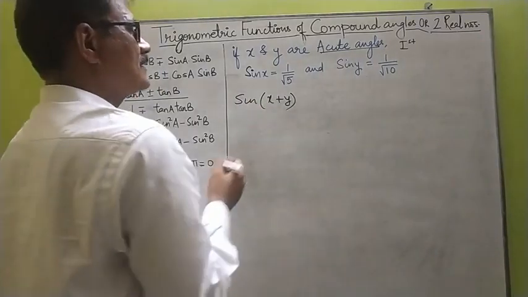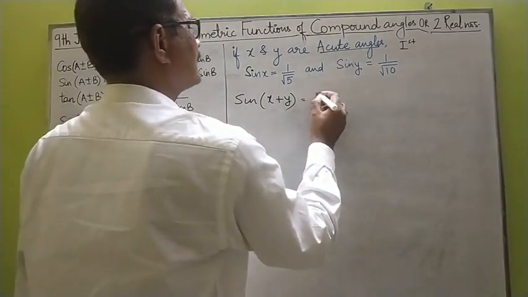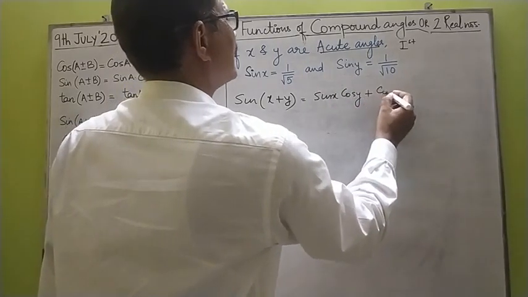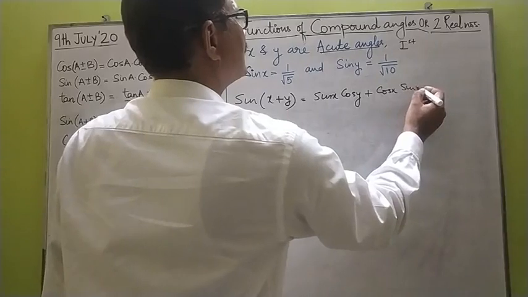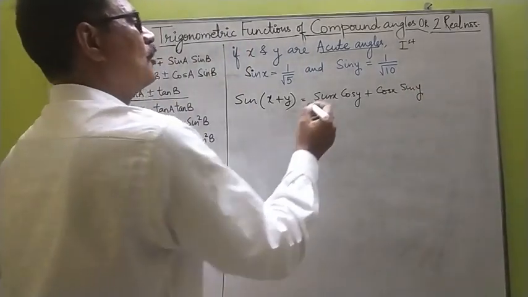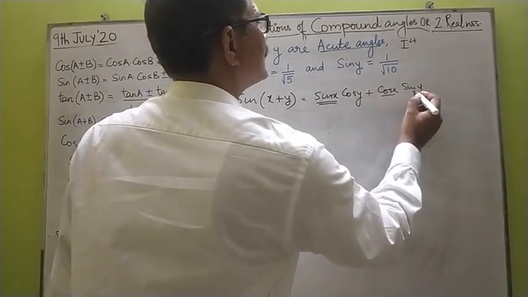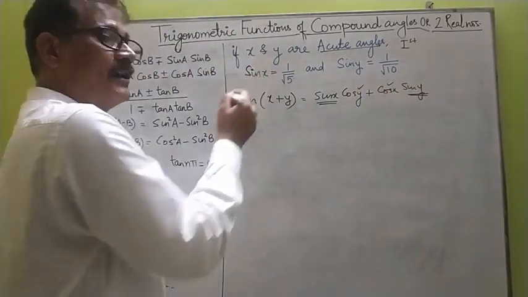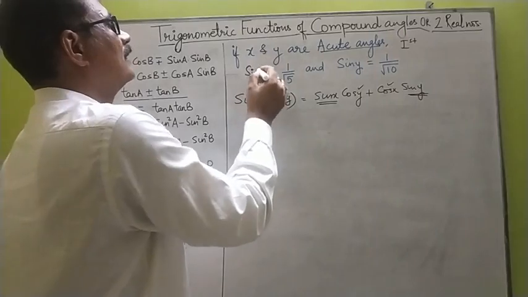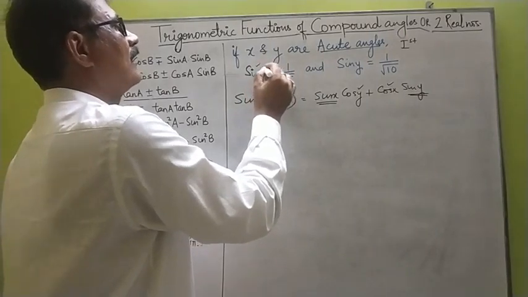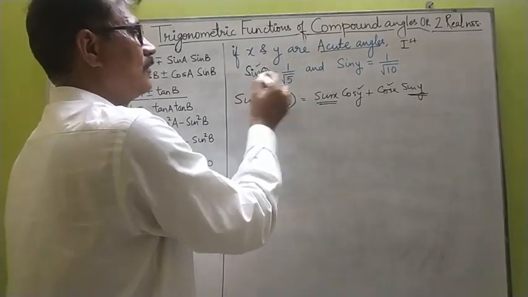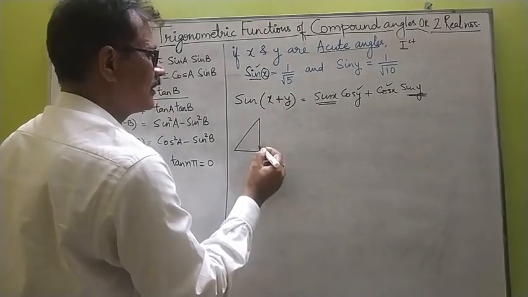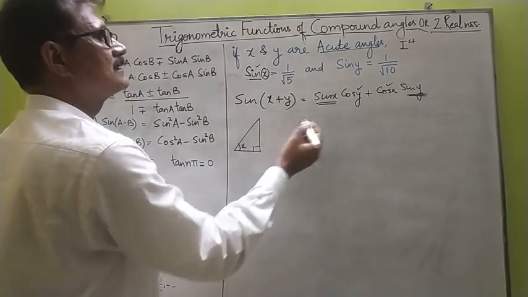First quadrant, the value of all expressions will be positive. Now when you write the expression of sine of x plus y, it is sin x cos y plus cos x sin y. Now you already know the value of sin x and sin y, but you don't know the value of cos y and cos x. For that, when you are given the ratio with respect to an angle, as 1 by root 5 for sine, we can use the Pythagoras theorem to find out the value of cos x.